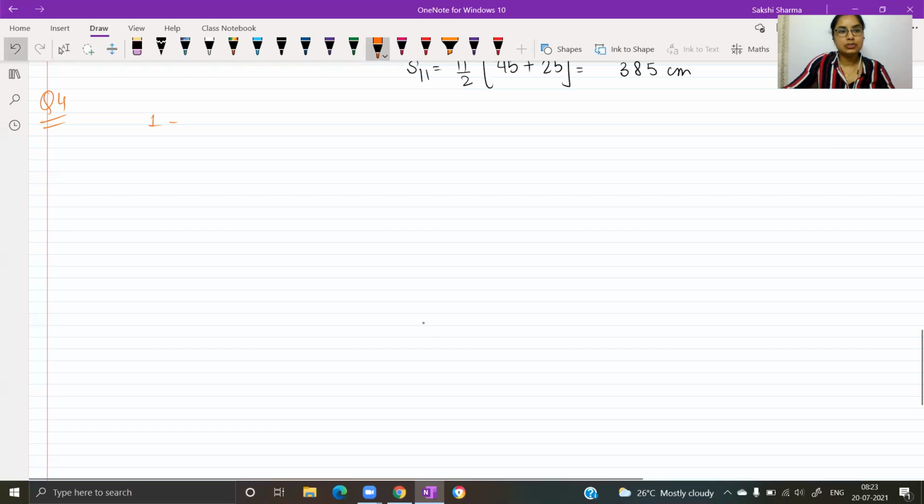So let us just put the number of the houses like this, you have them up to the last house number. In between there is a house which is numbered as x. So the previous one will be x minus 1 and the next one will be x plus 1. So according to the question, you are given this.